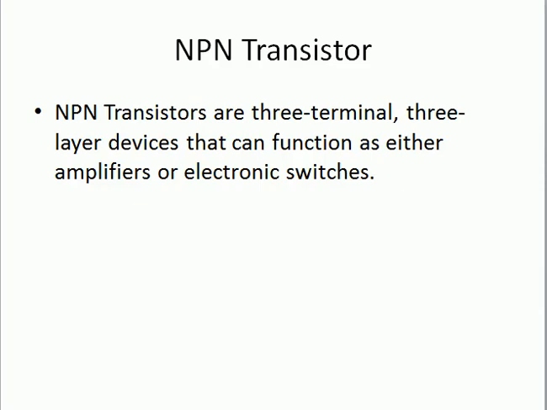So first of all, we will discuss the NPN transistor. Basically, as from its name, it is a transistor having three terminals, and these three terminals are the base, emitter and the collector, and it is a three-layer device. Why is it a three-layer device? Because, PNP or NPN, as we are discussing the NPN, there are basically three layers. That's why it is known as a three-layer device.